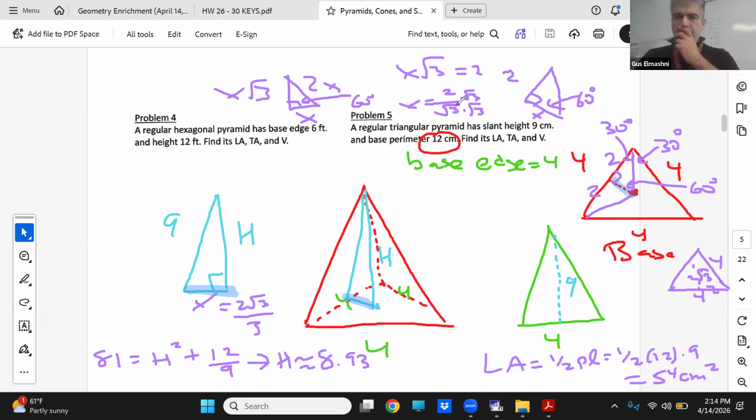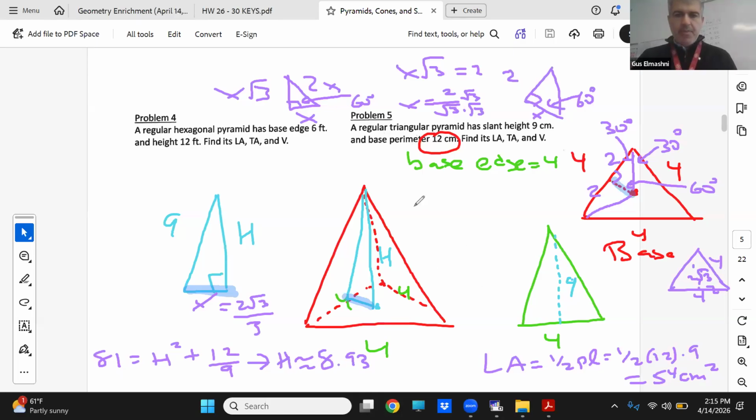Hold on, I feel like something is off a little bit here. X√3 is 2. It's 4. Hold on, something just seems off to me. 2√3. No, that's right. No, we got it. It's just going to be wonky. So anyhow, the area of the triangle is going to be